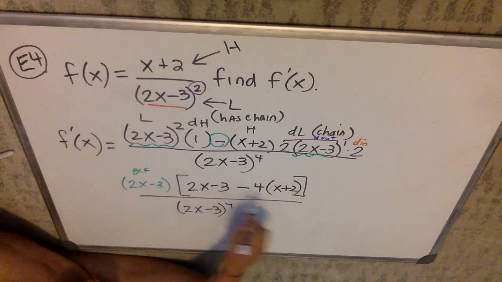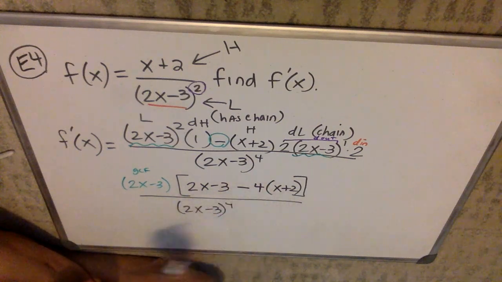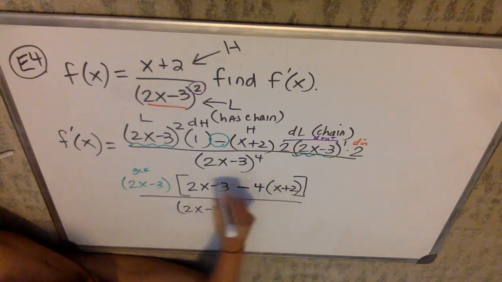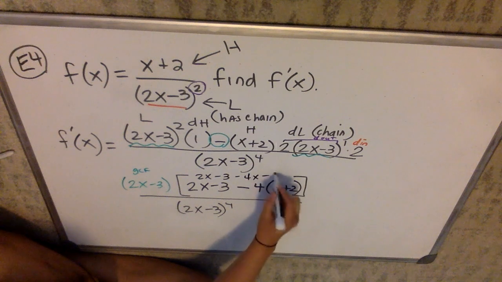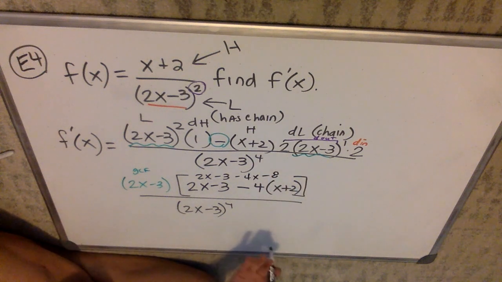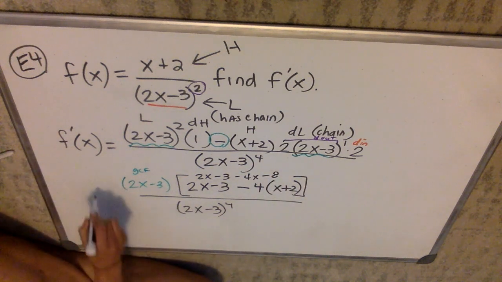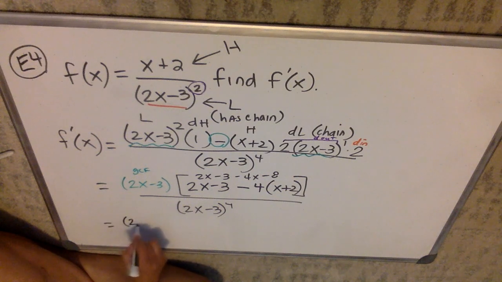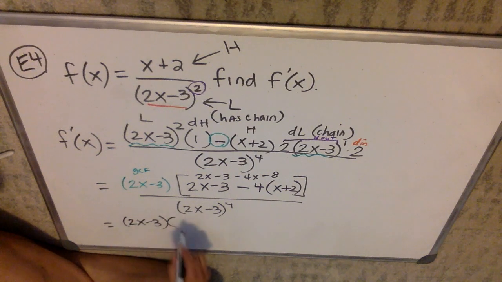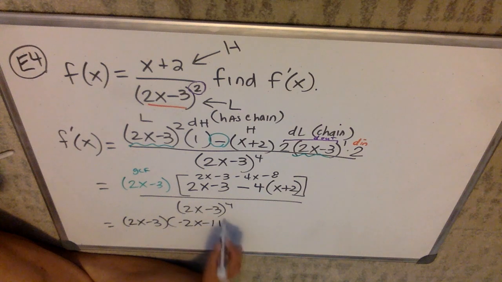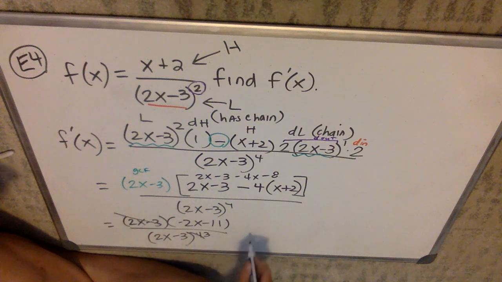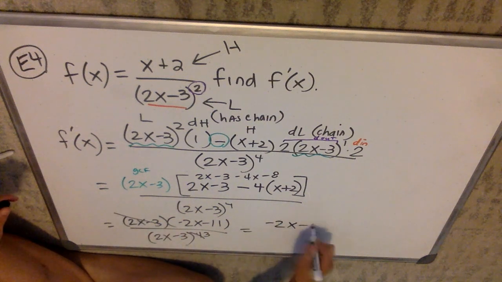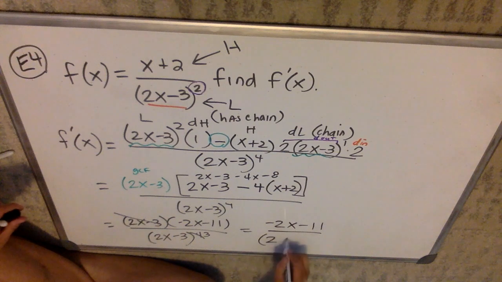When you clean up this numerator, these leftovers that got left behind after the GCF, you're going to get a 2x minus 3 minus a 4x minus an 8. So it's going to be a negative 2x minus 11. So I end up getting that this is a 2x minus 3, a negative 2x minus 11, and on the bottom it's a 2x minus 3 to the 4th. One of these can cancel, and my final answer would be negative 2x minus 11 over this 2x minus 3